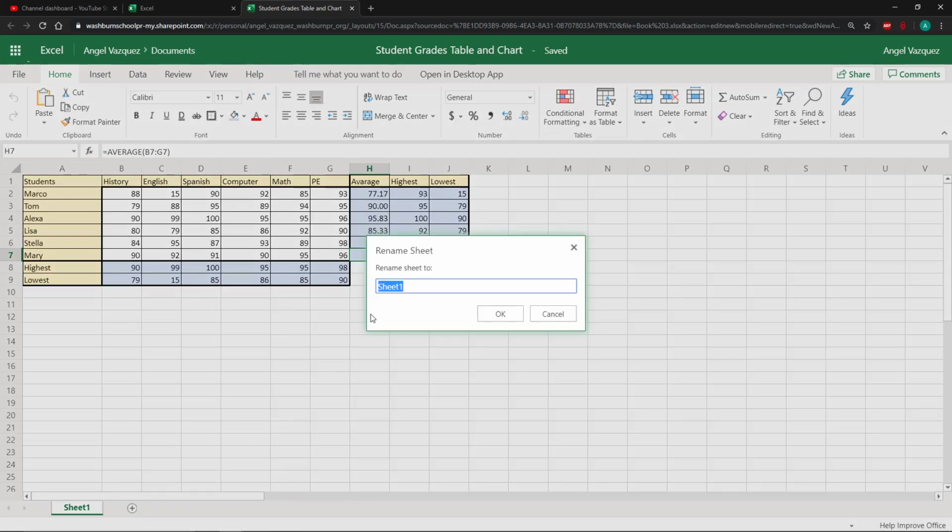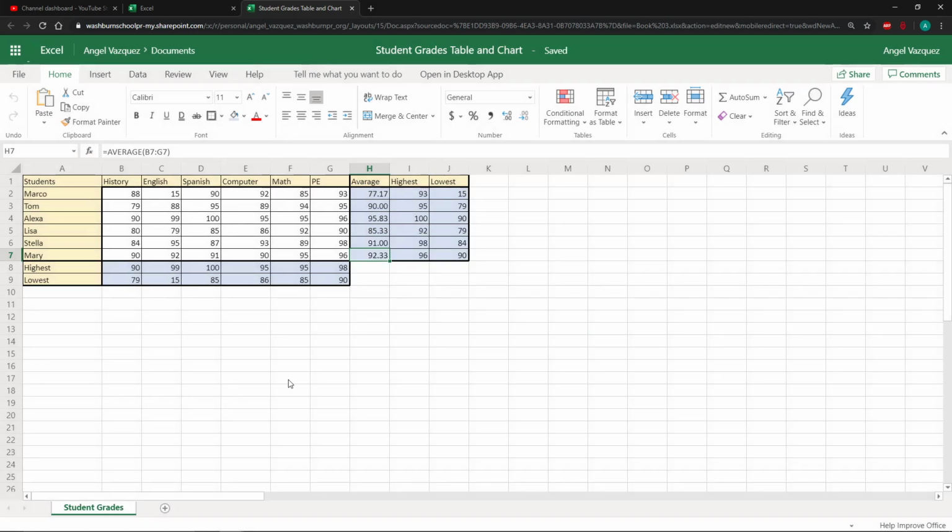Now let's just name this one student grades, like this. Alright, now another sheet could be just for a student roll book instead of for the grades, for attendance. Another one for graphics, statistics. Another one for assessments or observations and conduct, for example. Alright, but for now we're just gonna have this one, and right here we're gonna input the